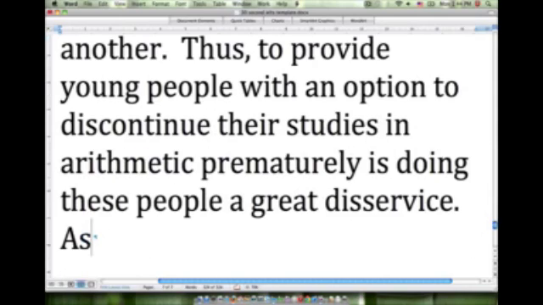Okay, now just linking it back to our thesis, as this shows,